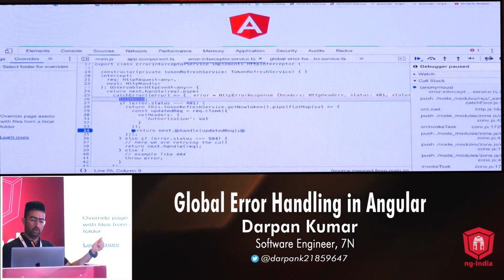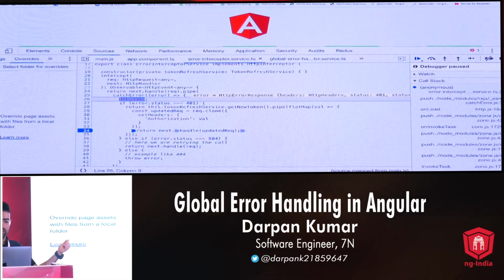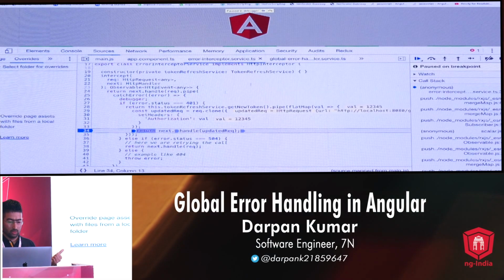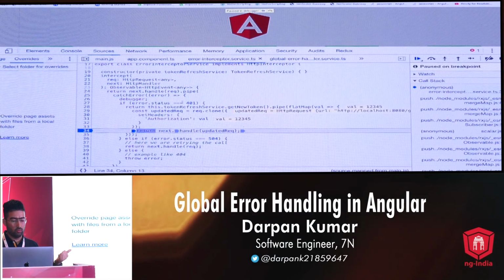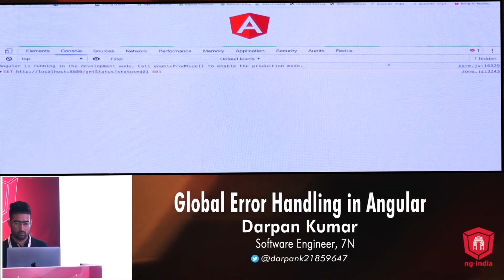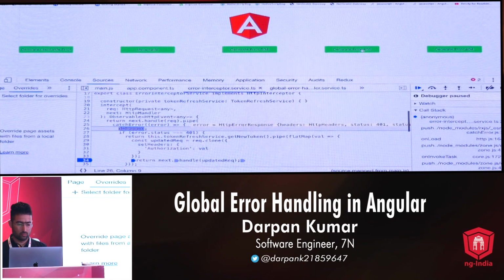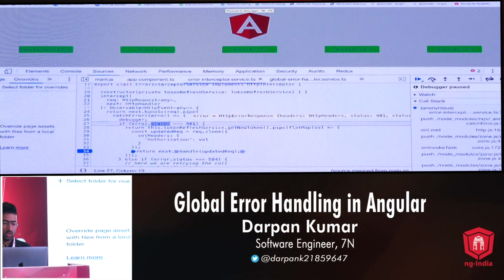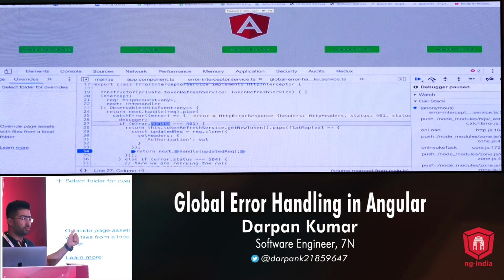It will come into this interceptor. It will check the status code. The status code was 401. Let's try it again. So it's checking, the status code is 401.